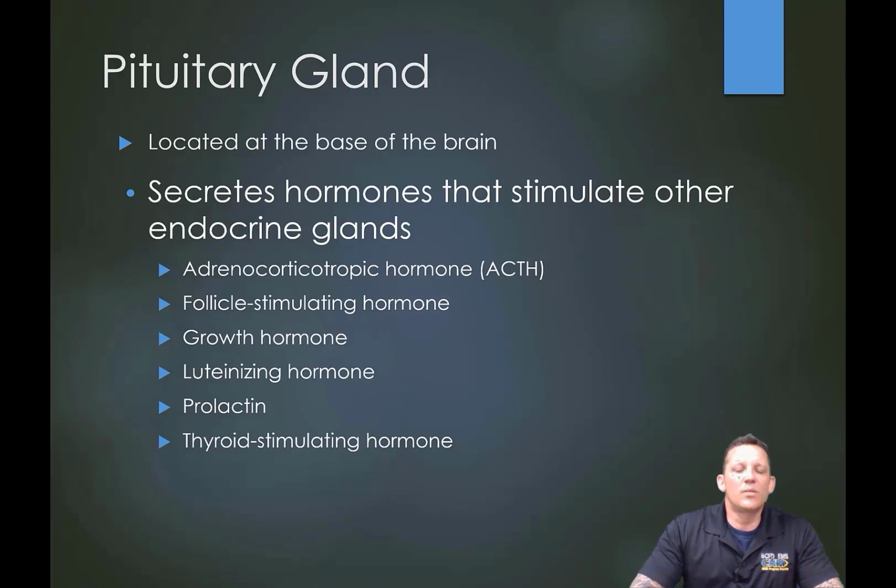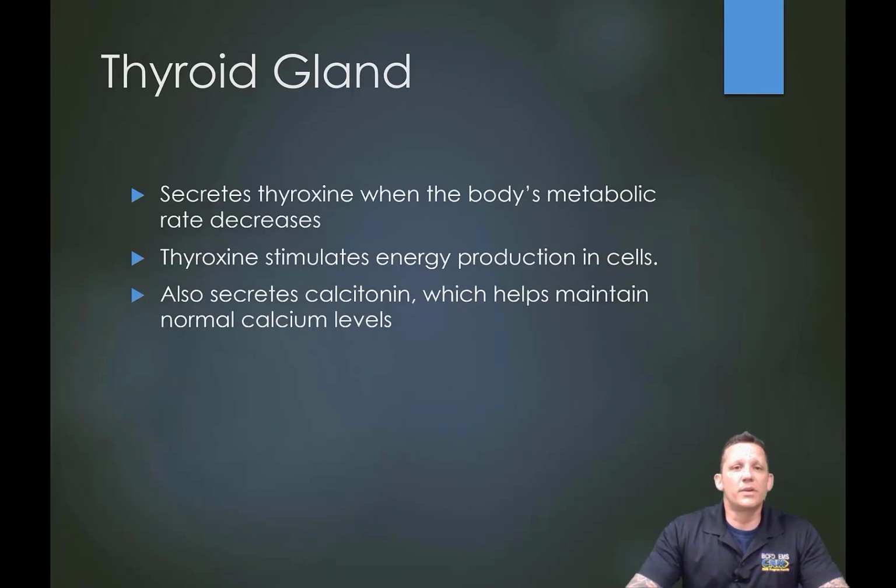And then thyroid stimulating hormone, which is the primary metabolic hormone for your metabolism, which is produced obviously by the thyroid gland. So the pituitary gland, again, is kind of like that symphony leader, the orchestrator, and it's telling the other glands in the body to do the things that they need to do for proper metabolism and just regular everyday cellular function. And a little deeper into the thyroid gland